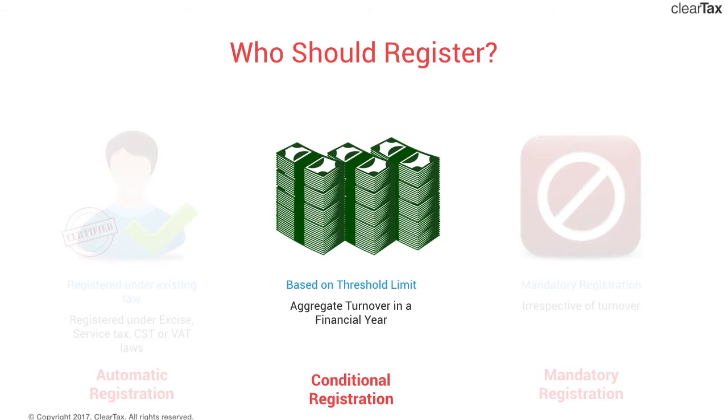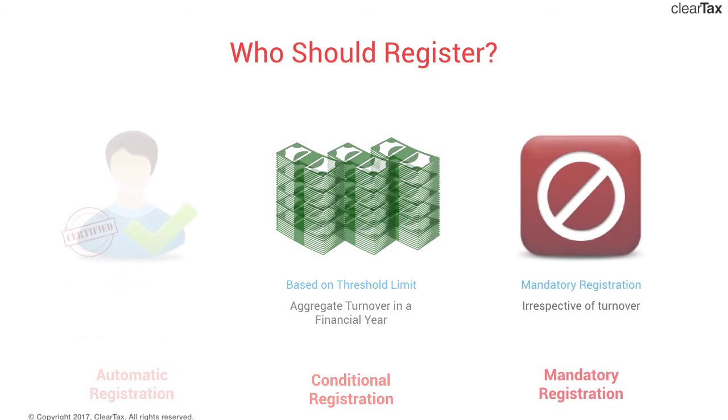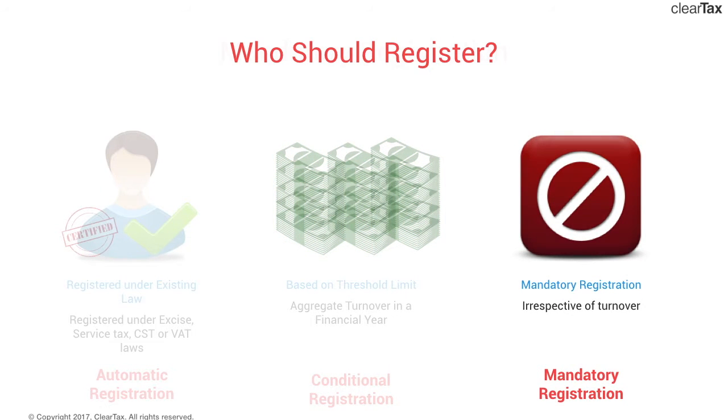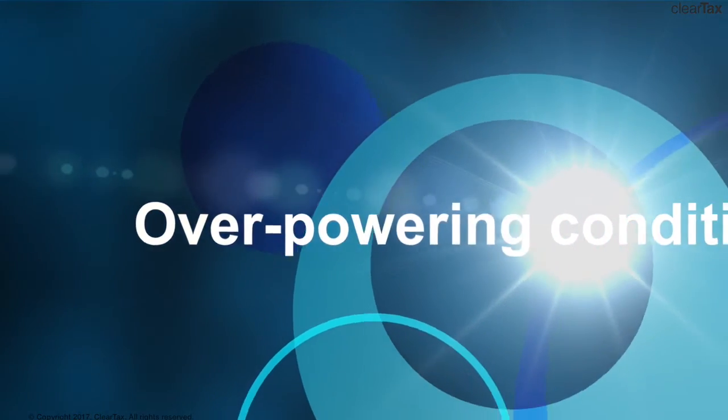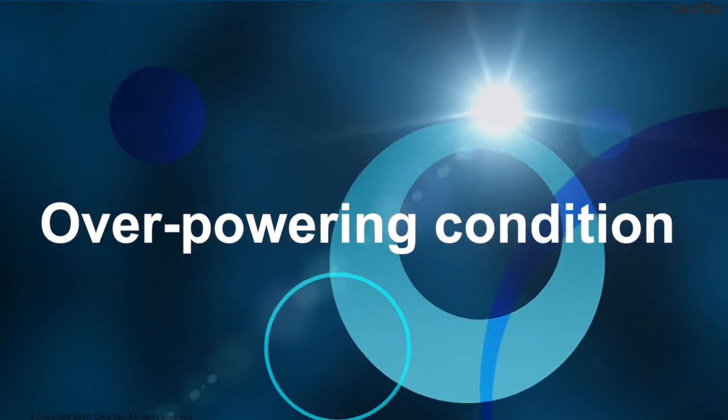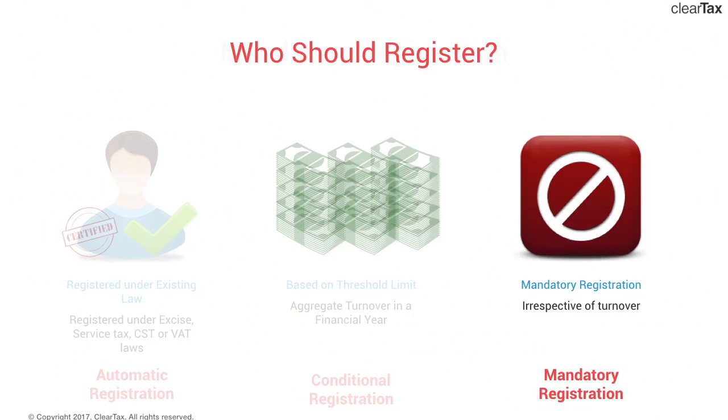In the last video, we checked out the threshold limit based on which a person is liable to register or he's exempt. It's now time to get into the third and the last category of people who are liable to register. So the persons under this category, under the category of mandatory registration, are liable to register whether they exceed the threshold limit or not. So this is an overpowering condition. No threshold limit. If you fall under any of the categories under mandatory registration, you should go ahead and obtain